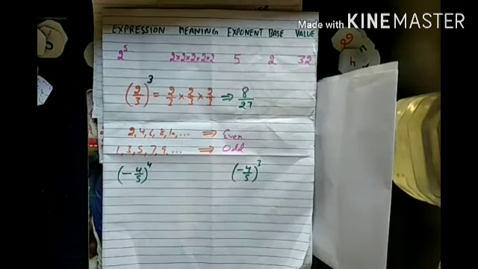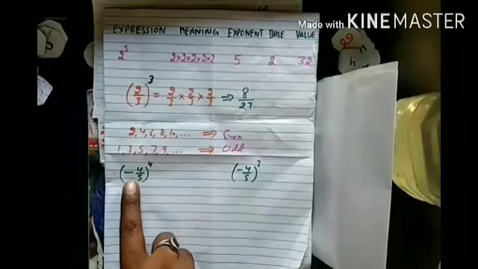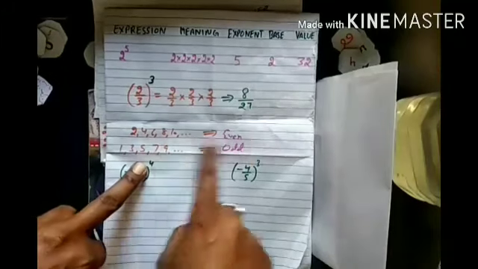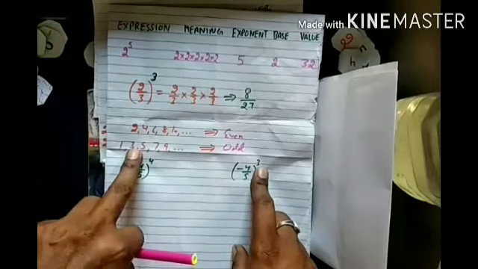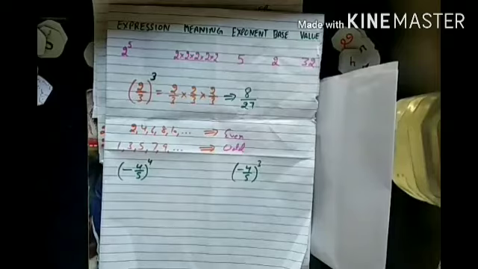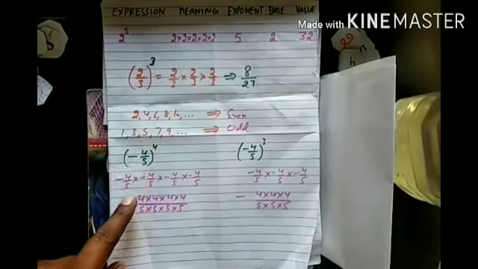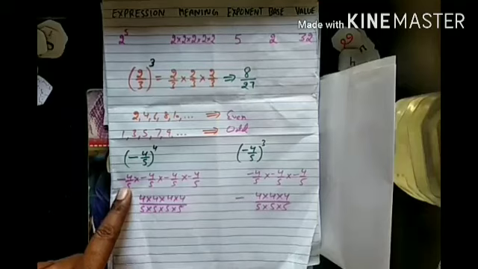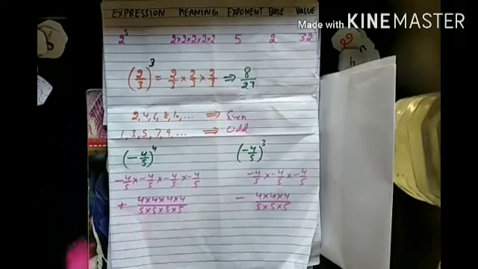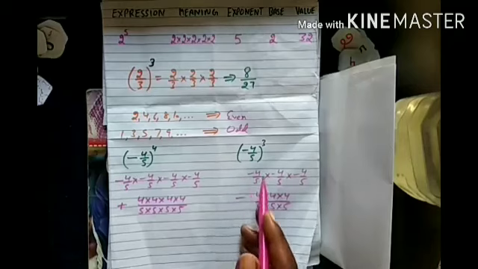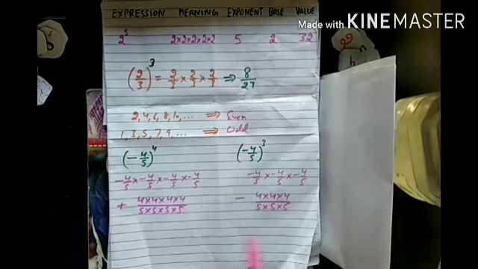So we will check this result for the exponent form. Here minus 4 by 5 is a negative rational number and its power is 4, which is even. And minus 4 by 5 is the same rational number with power 3, which is odd. So we will check. The meaning of this is that we write it in multiplication form 4 times, and we know minus, minus, minus, minus multiplied 4 times, the answer is plus. And when multiplied 3 times, minus into minus is plus, and multiplied with minus, the answer is minus.